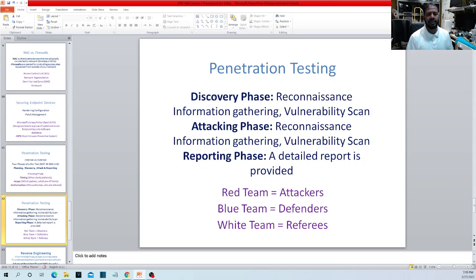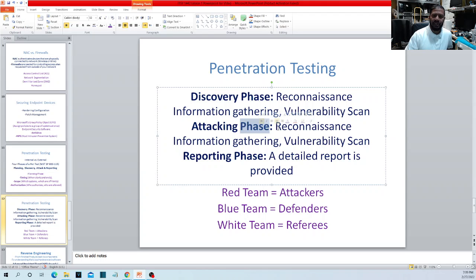They are going to find out all those things. They're going to map the entire network, software-wise, from outside. Attacking phase: now that they are ready, they already know how your network is set up, where your server machines are, what kind of firewall you have, and what your vulnerabilities are. They already found that out. Now they're going to exploit the vulnerabilities. They're going to attack, actually hack in.